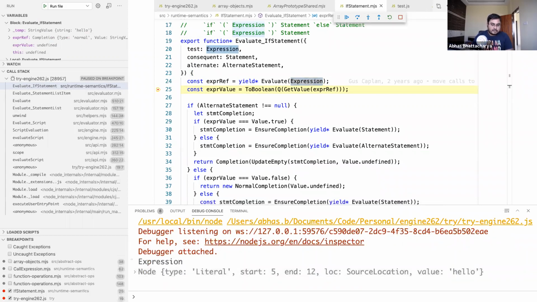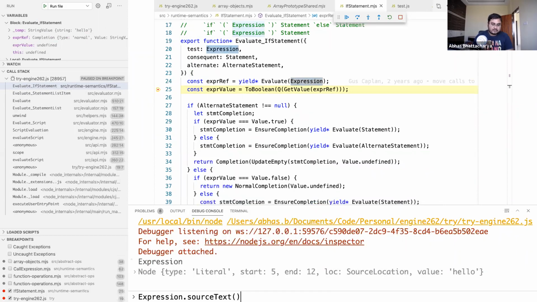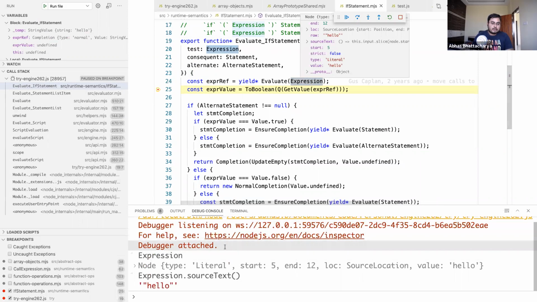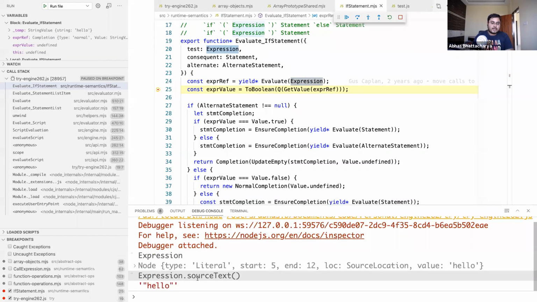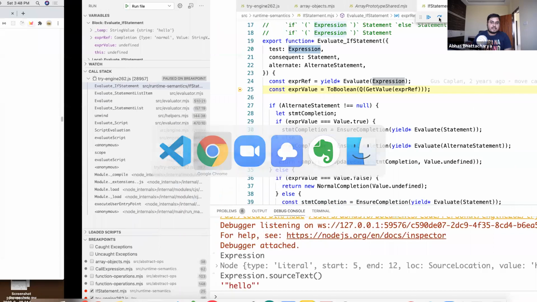Expression. Within that also you can see, but I think it has some method. Yeah, dot source text. I can call that and see it directly. Okay, so that way I can verify what is this thing that I'm going to run. And what I think they actually use behind the scenes, the parser that they use, is Acorn. So these nodes, or everything that you see, you can also see by using something like